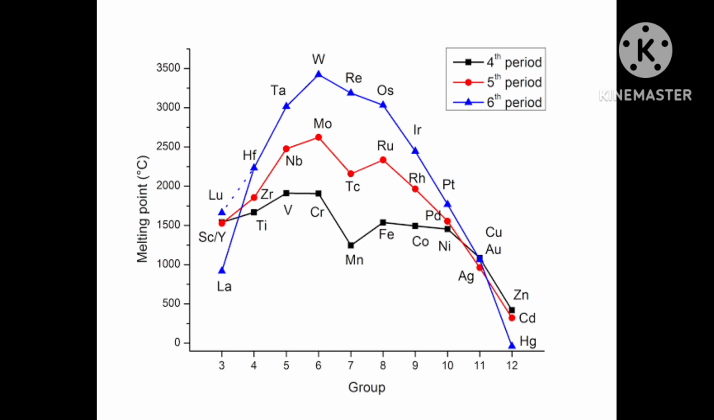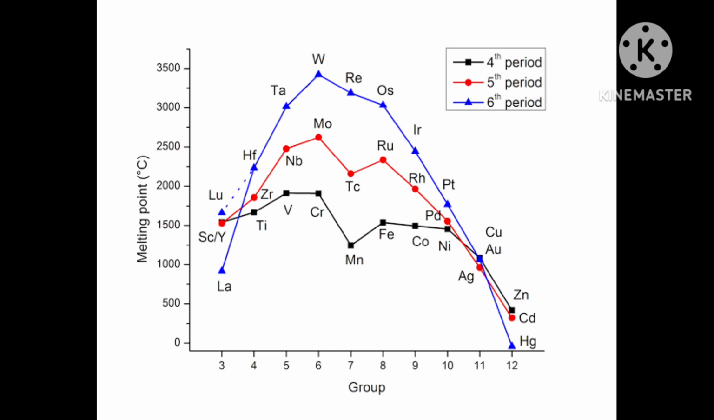This first series: scandium, titanium, vanadium, chromium, manganese, iron, cobalt, nickel, copper, zinc. Its radius is more than the second one. The second series: yttrium, zirconium, niobium, molybdenum, technetium, ruthenium, rhodium, palladium, silver, cadmium. Okay, then the first one's radius is more than the second one, and the third series, that is lanthanum,